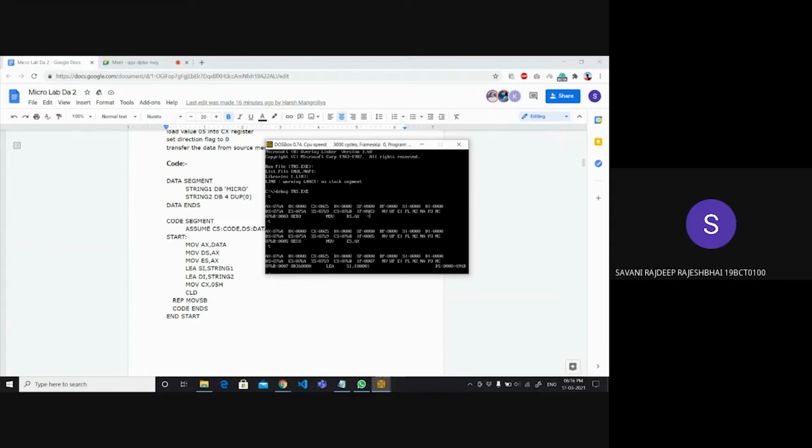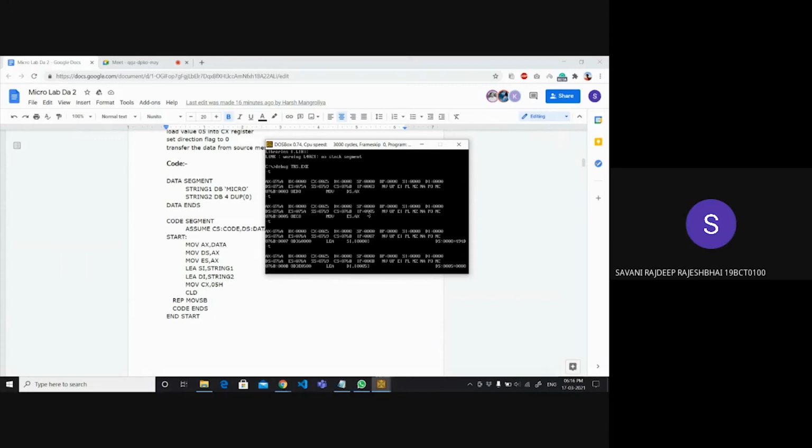After that, the ES register, meaning the extra segment register, also copies the data from the AX register. After that, SI, the source index, is assigned 0, and the destination index is assigned the number 5, because we have to copy string 1 from locations 0 to 4, and we have to copy that string to locations 5 to 10.